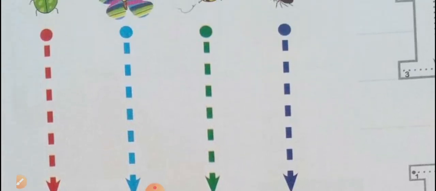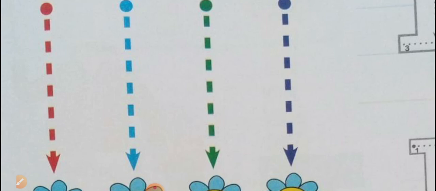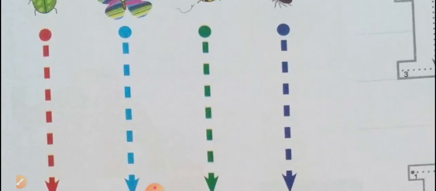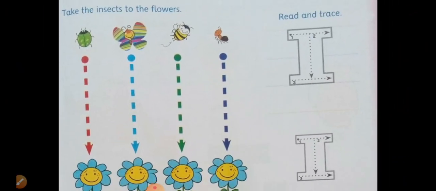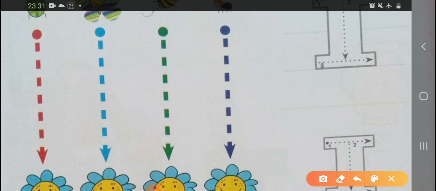We'll draw a standing line and it will come out like the letter I. Okay, yes, I know you can do it. So we will practice here once. See, how you have to do is put your color on the dot and come down slowly. Yes, so this comes out as letter I.